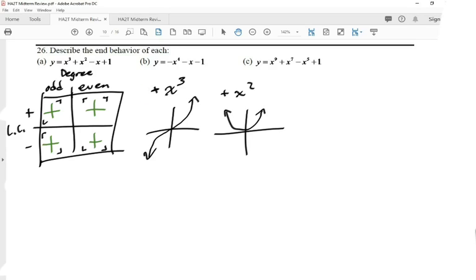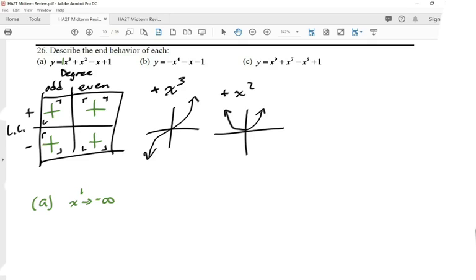For this one, it's odd because we have a 3 right there. And the leading coefficient, that means the number right in front of it, is a 1. So it's a positive. So this is going to be your end behavior. Now to describe it, for letter A, you could say down, up. Or you guys can be more mathematical, and you could say on the left side of the graph, this means